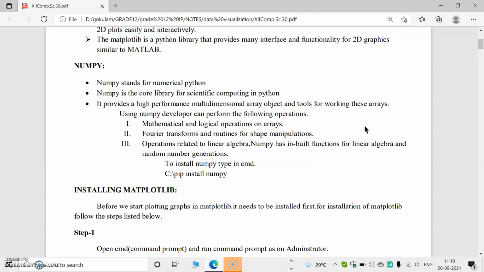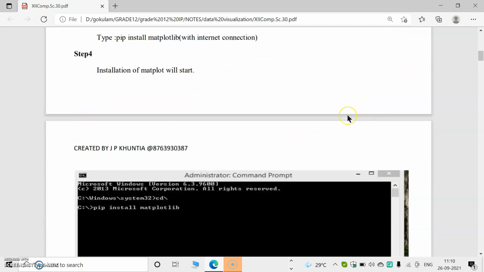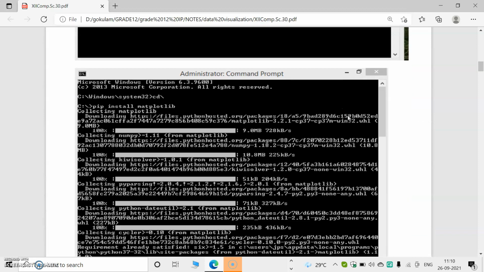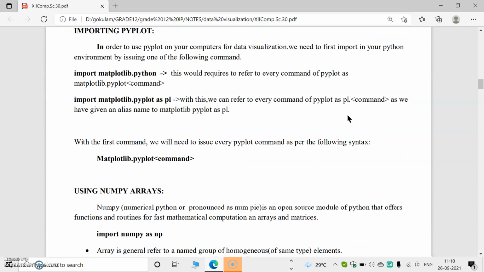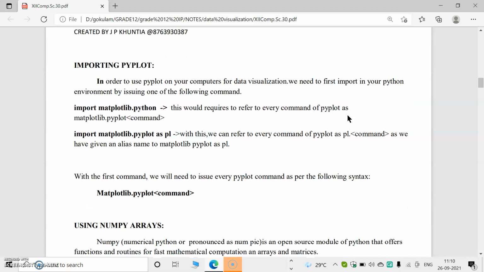First we have to install NumPy, with our usual command pip install numpy. When we write programs using matplotlib, we have to use NumPy also. Then we will import pyplot.